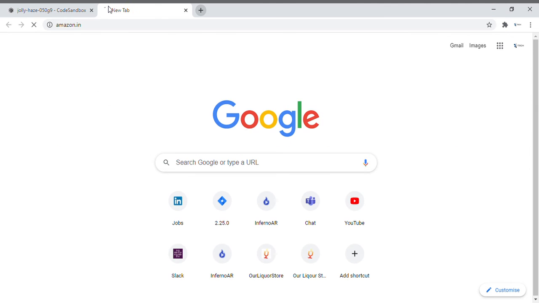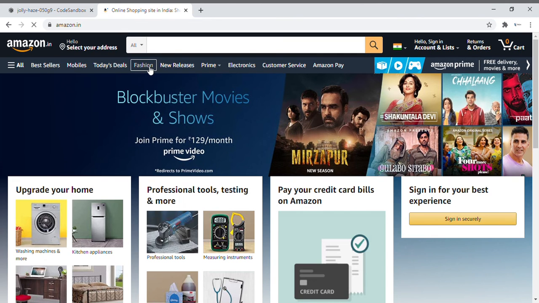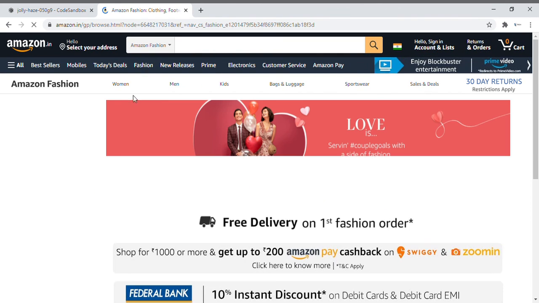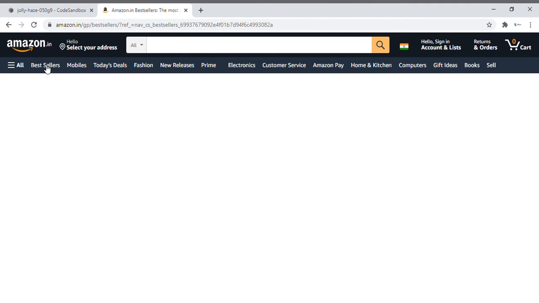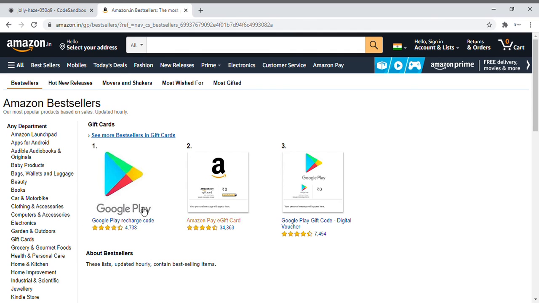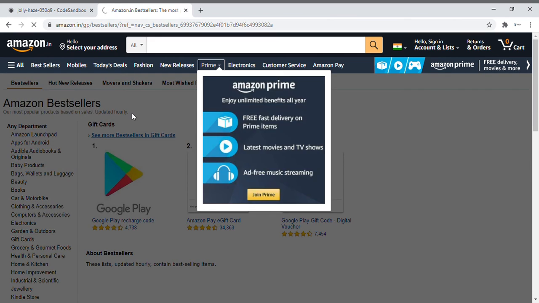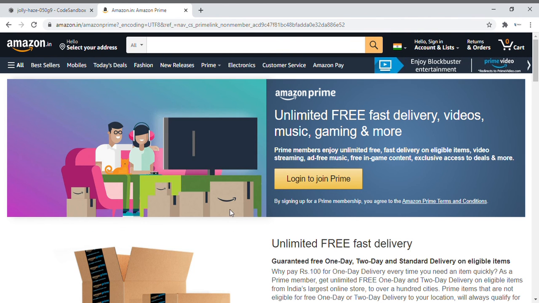See, if I open the Amazon website here, and if I click on fashion, you see it goes and this particular component renders here. If I see the bestsellers here, based on that, it will render here. So this is something called state management. State management means on click of something, some action or event is happening in your UI, and some UI rendering changes happen.